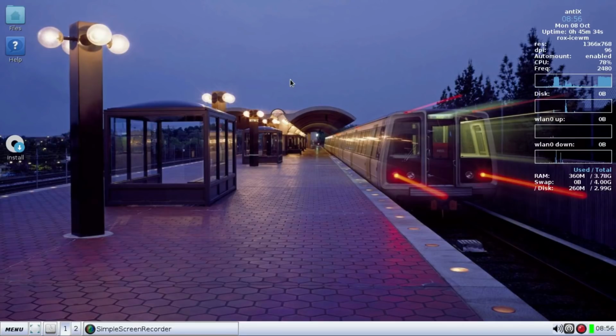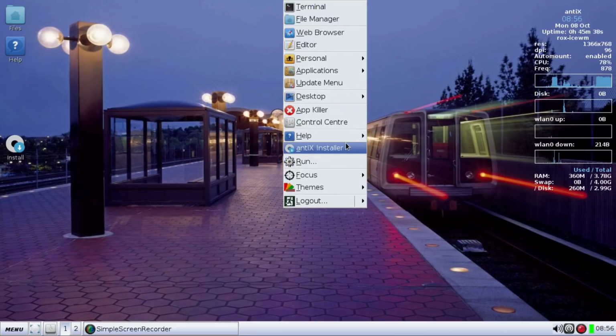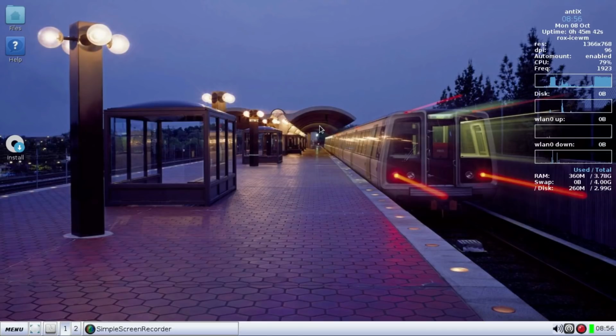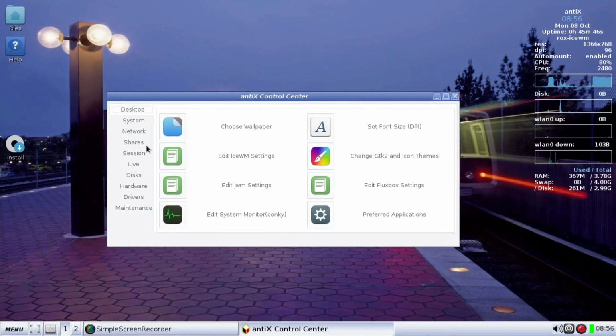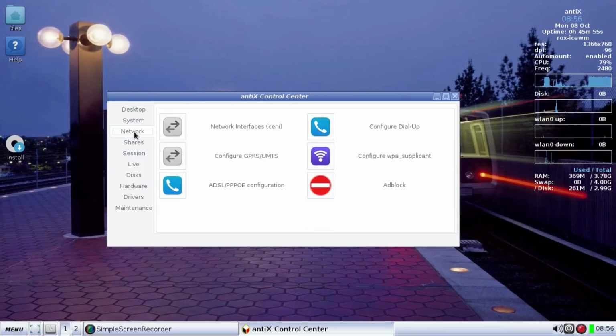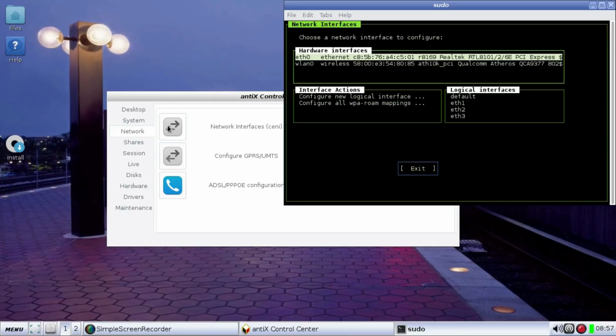But when it comes to internet, I was a little bit confused, so I'll show you what's going on there. Running live at the moment, we're going to do an install, but this is what I was trying to deal with here. We got the network here. Now I had to run this one here, and I'll just show you that it's a